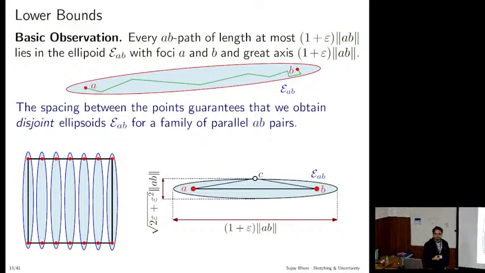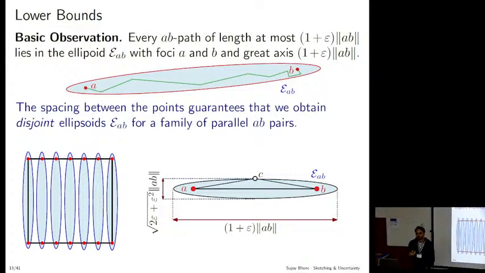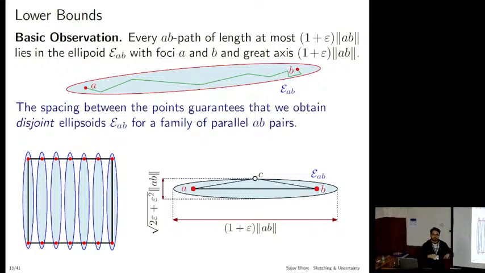So let me give a very brief glimpse of our construction, that is, how do we get these results. So let's start from something very basic. In order to get a lower bound for this, we need to be able to find some mechanism to which we can charge, right? We have this metric space, we have points, so how do we charge this? The first observation is that between a pair of points, if you are expecting to have a 1 plus epsilon path, I don't know what this path looks like, but I know that this path must stay inside this ellipsoid with foci A and B and the great axis 1 plus epsilon times AB. If it goes out of this, I will not be able to close this 1 plus epsilon guarantee.